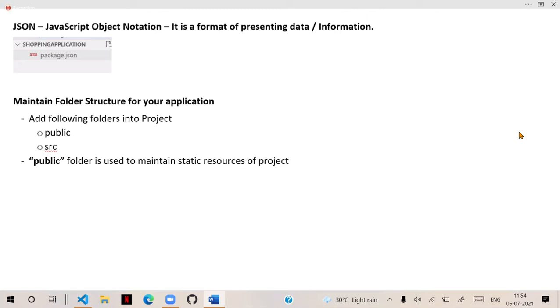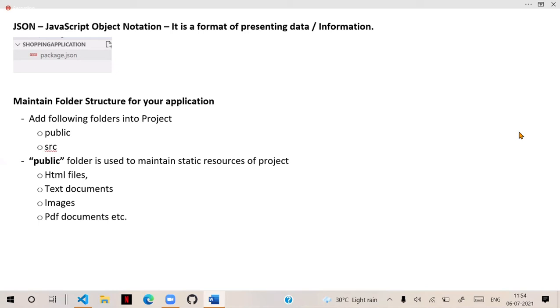Static resources of the project means HTML files, text documents, images, PDF documents, etc. Later, I will tell you the difference between static and dynamic, in the next level we will discuss that.